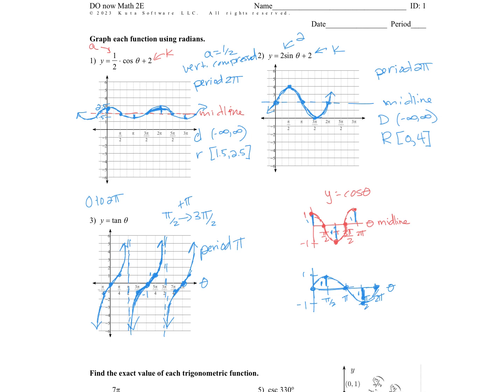But let's take a break from tangent and let's look at secant, cosecant, and cotangent graphs. So we're going to give you this little first quadrant of the unit circle, and then hopefully you can get to your other coordinates you need. Like for example, at number 4, I'm doing secant of 7 pi over 4. Well, 7 pi over 4 is in my